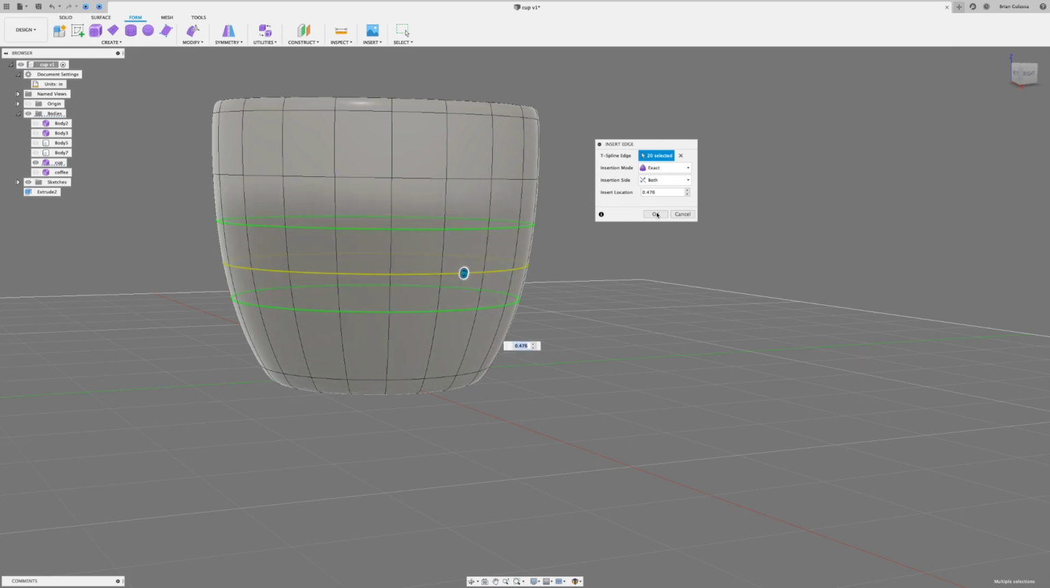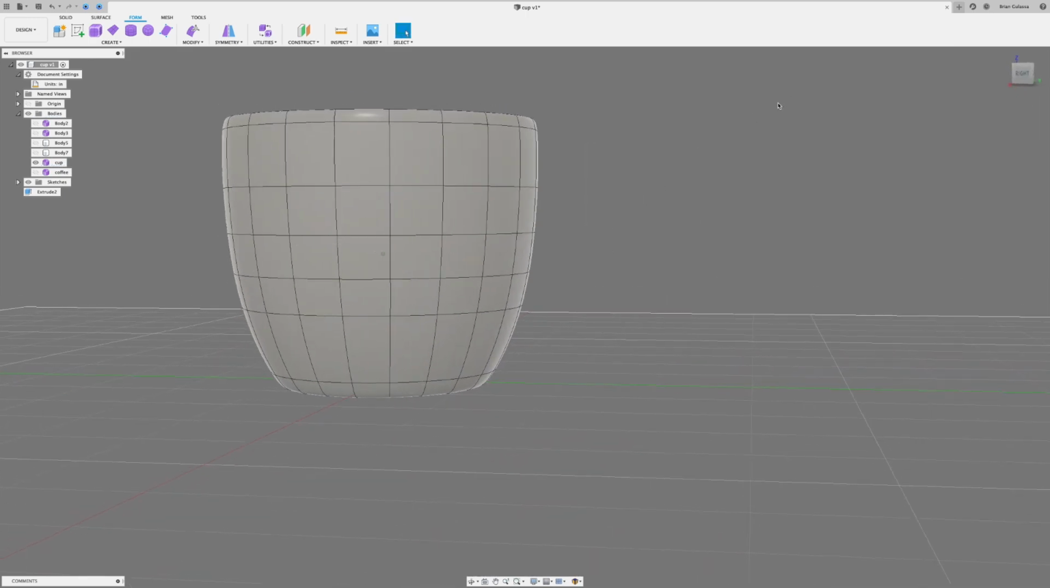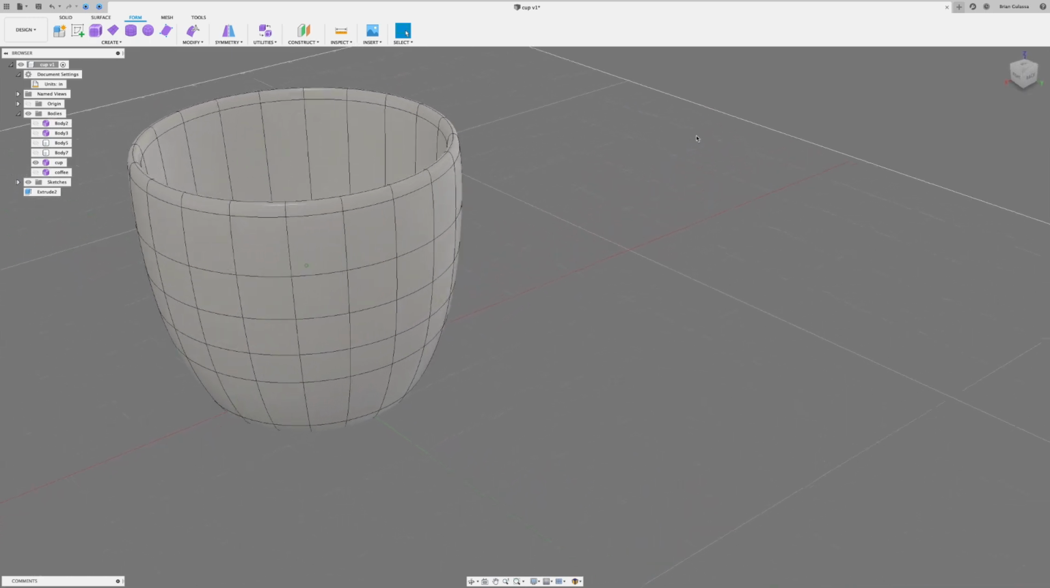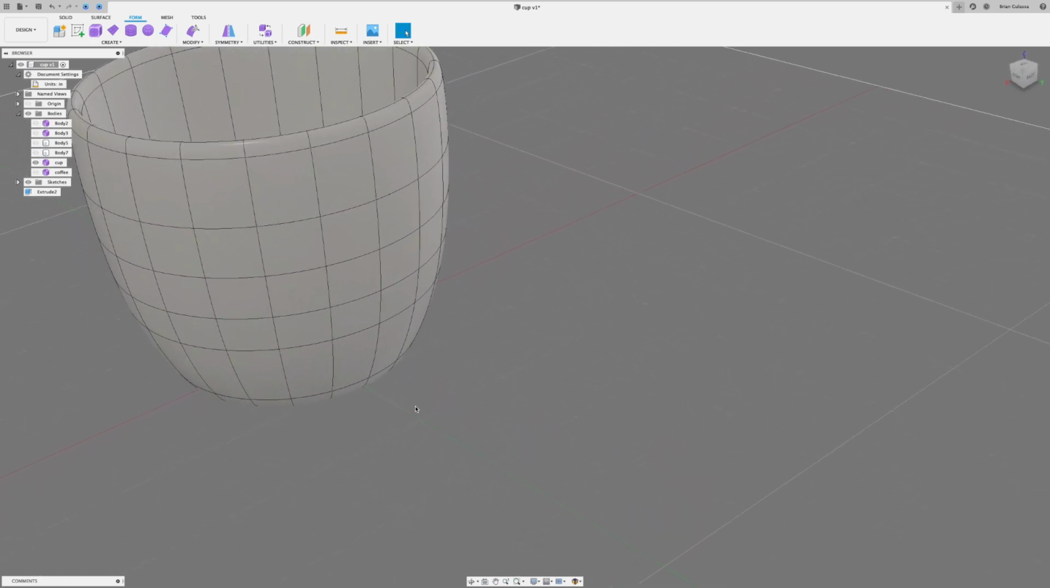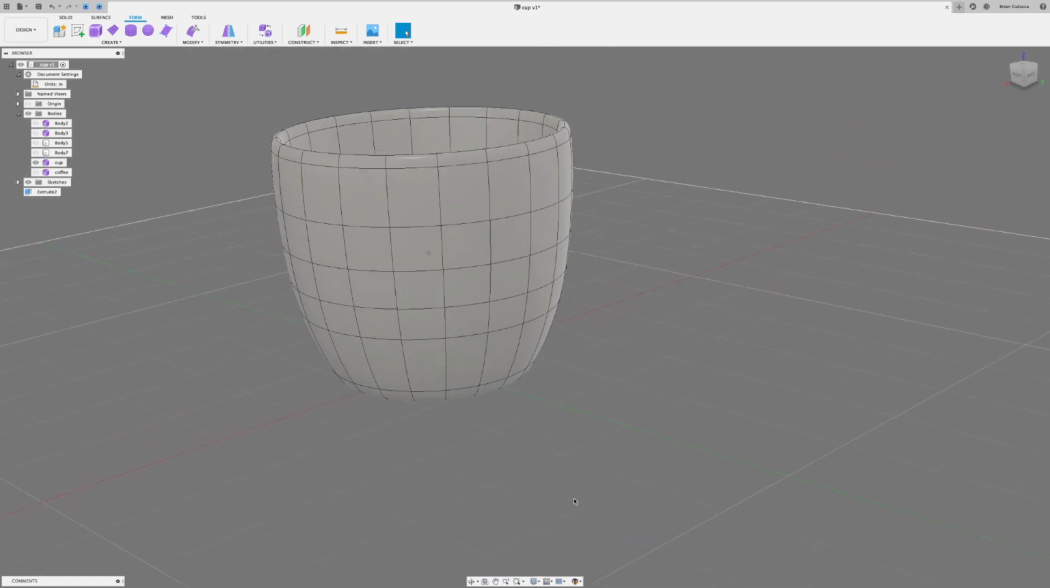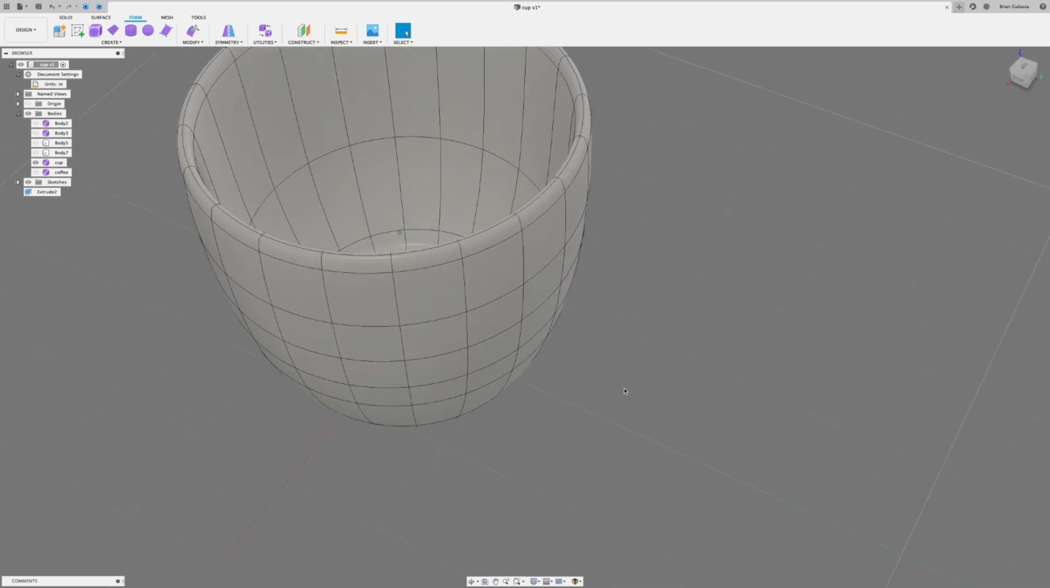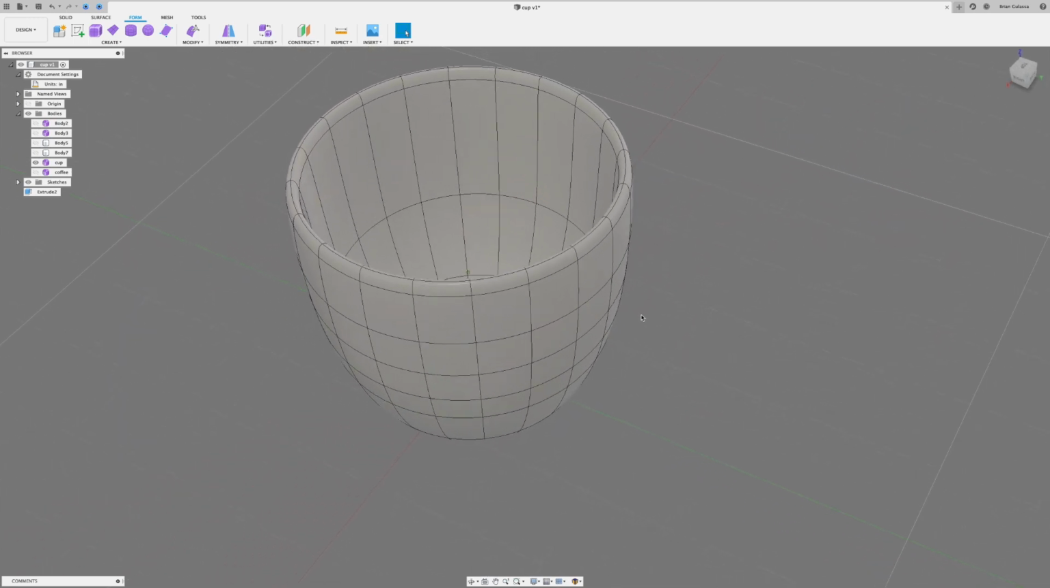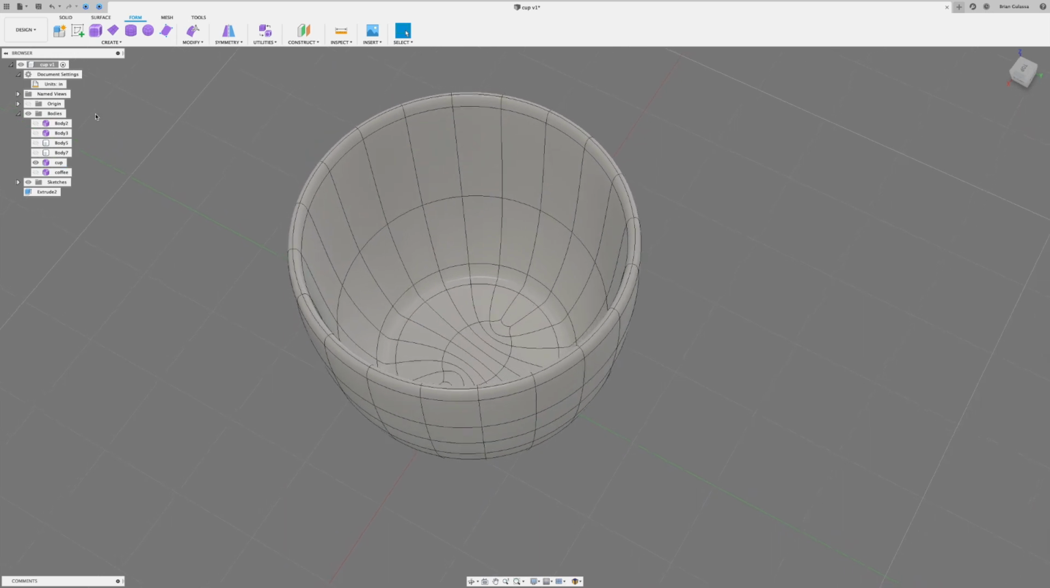Try to make these roughly the same. And now I'm going to start pulling out my handle. I'm going to look at this green line or the red line as the axes that I'm looking for up in this